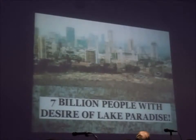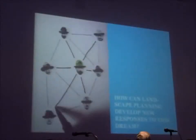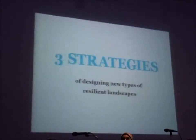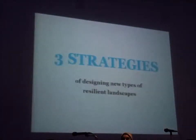We are in a world where the sea level is rising. We are in a world where we cannot deny climate change anymore, and we need to find ways to deal with these challenges. So what we are also discussing in the course of IUSD, and I just want to show you a few examples now, is how, from the perspective of ecosystem design and landscape planning, we can find responses to the needs of these people by also thinking of urban landscapes and landscapes in general in a new way,